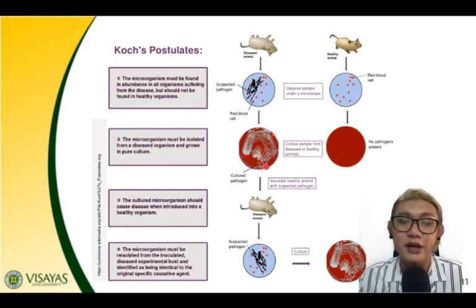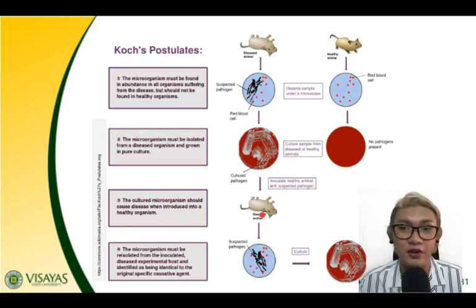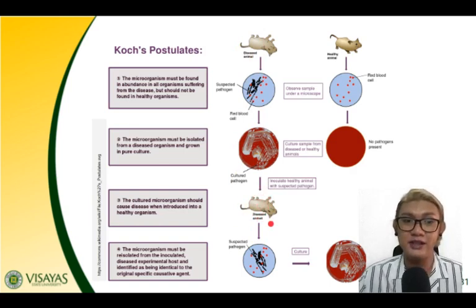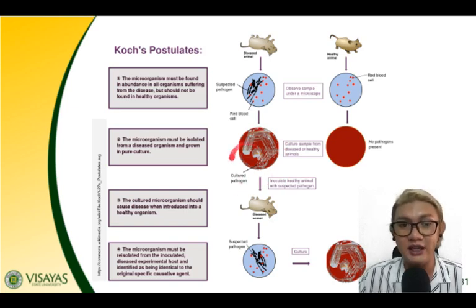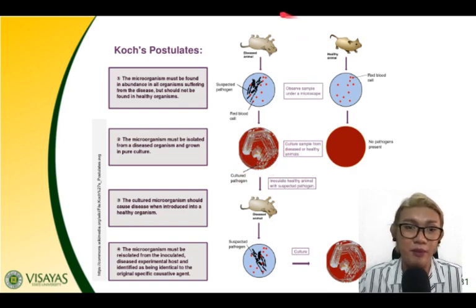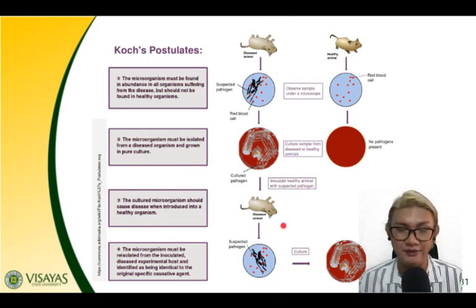And also, not all microorganisms, when they are cultured in vitro in the laboratory and then infected into another animal, keep their virulence factors. Some microorganisms would lose their virulence factors when they are already in culture. So even if it is a true pathogen, when it is infected into a particular healthy animal, it may not cause disease because it may have lost its pathogenicity during culture. But that is very rare also. So there are some drawbacks when you are using this. So you must understand your target